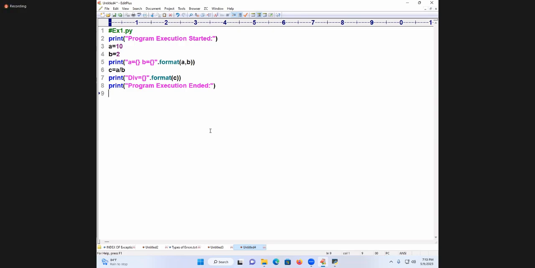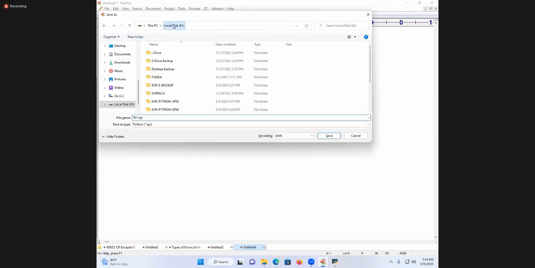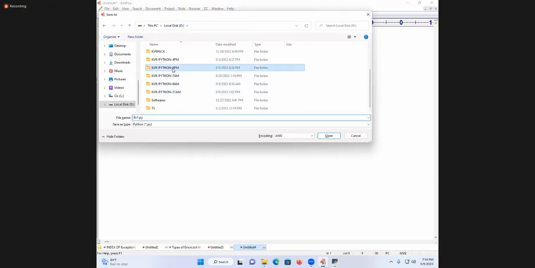Now, program execution started, program execution ended. C is equal to A/B. What is the answer? 5. That means from beginning to ending, it is executing successfully or not? See the answer now. This is called which one? Successful execution or not?